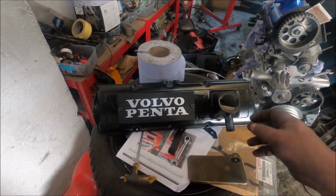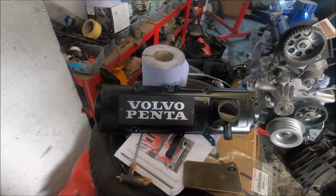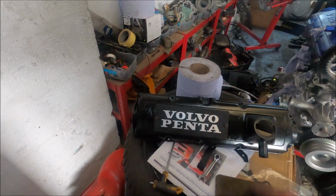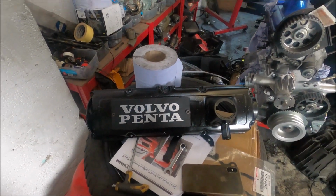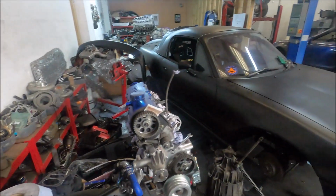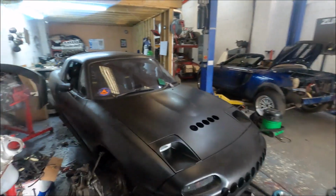So yeah, it's on that. This is the one with the breather outlet there. Needs a bit of paint, it needs a bit of finishing, but yeah, that's what it's gonna look like, and I'm perfectly happy with that. In other news, I've been doing something, well,